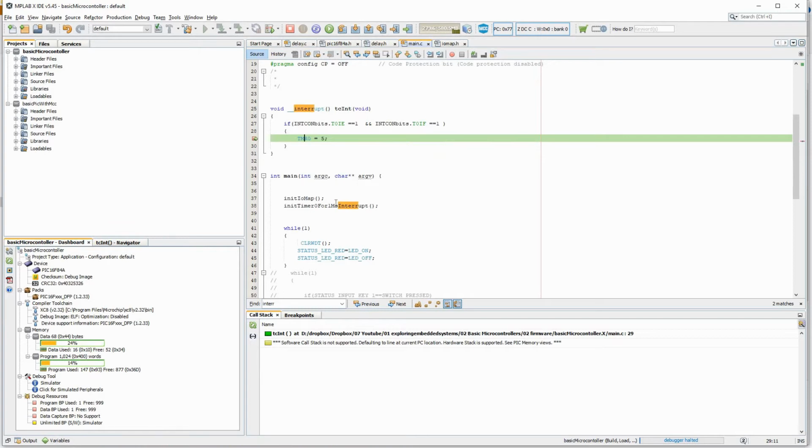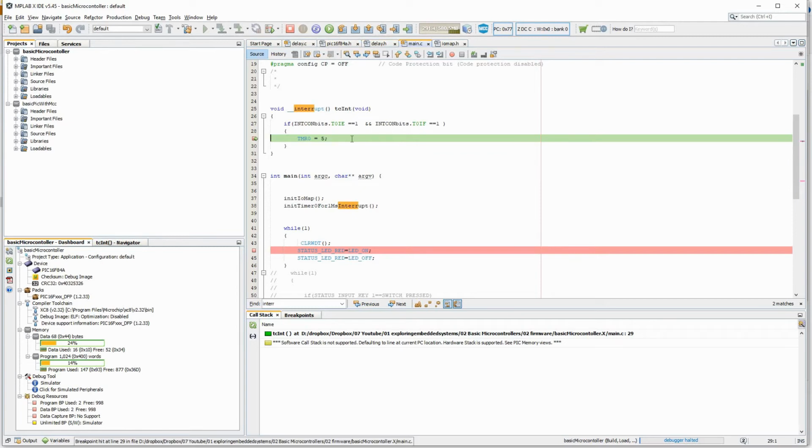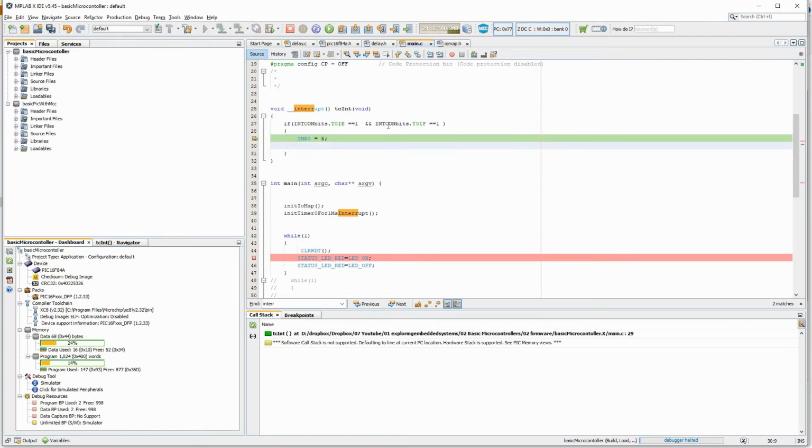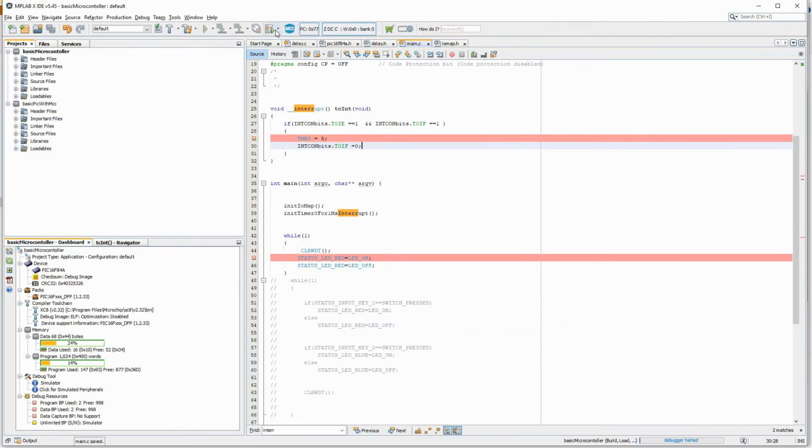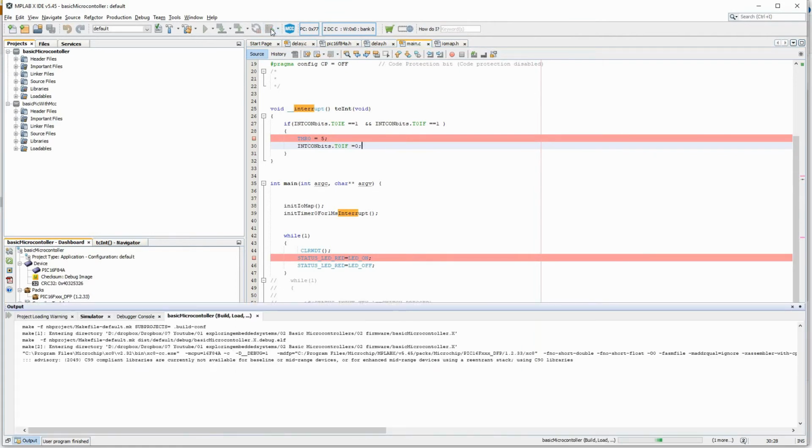Okay, now I hope you understood. So we never called this function anywhere. So our code was only here. So once I come here, now I have to do one more thing. I have to clear this flag also. So this flag will always be set is equal to 0. Let me simulate this once again.